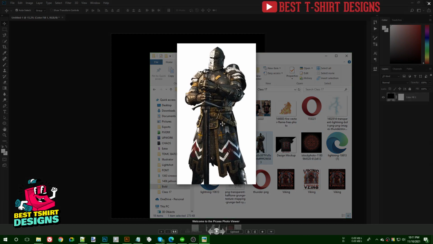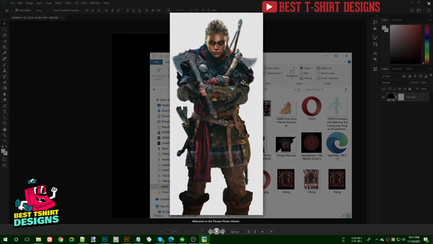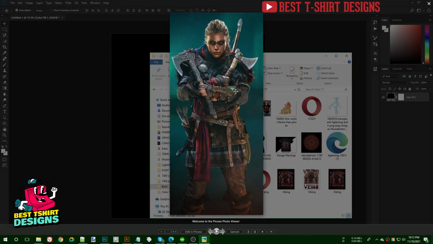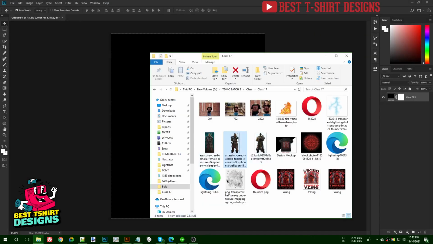And for this one I'm going to use some images here like this one. This is not a Viking, of course, this is a knight, but I will use that. And then this is my main Viking design that I am going to use, like the image here. This is not my work, this is someone else's work. I just took the image, and let me warn you, this is not for print on demands, this is copyrighted, so this is just for practicing.